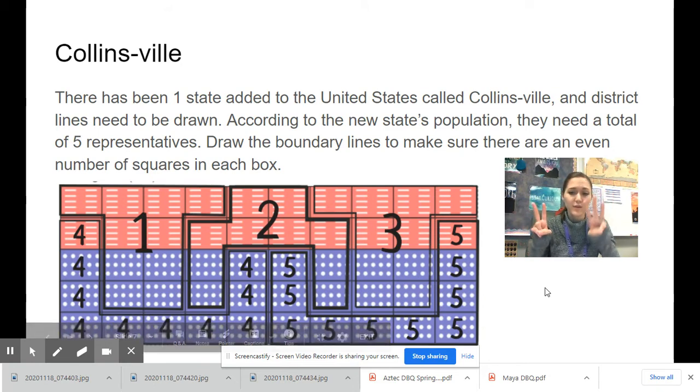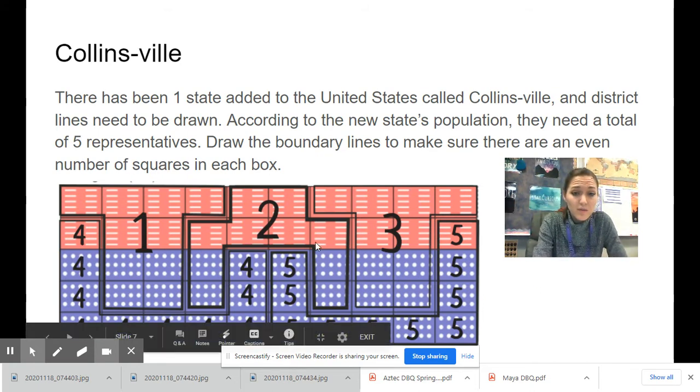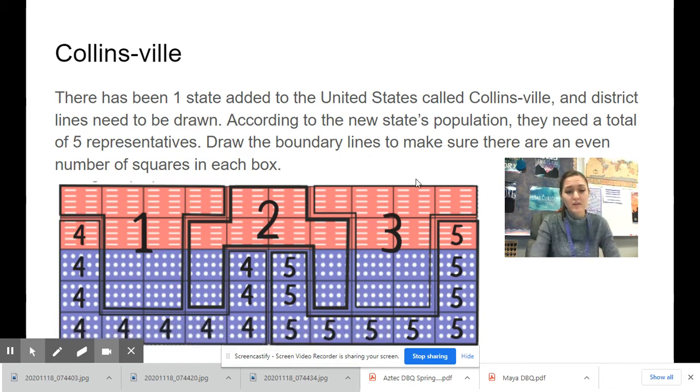Okay, so while this one's a little bit more fair, it also is kind of unfairly favoring the Republican Party. The Republican Party in this new state of Collinsville, they're the minority of people, but they have the most votes in the districts, right? We have 3 districts who are primarily Republican. They're going to support Republican bills and legislation. Even though there's more Democrats in this state, only 2 of their districts are going to vote for those Democratic-leaning